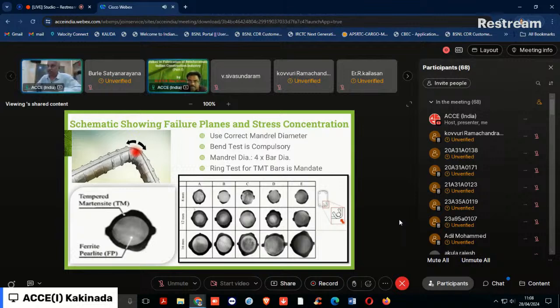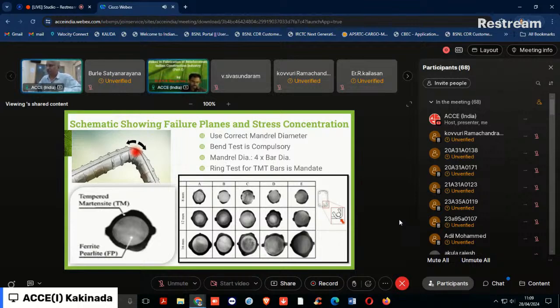In the case of 8 mm, 10 mm, and 12 mm bars, there is a possibility of non-uniform metallurgical formation of the pearlite, ferrite and martensite phases. This non-uniform formation of the martensite phase leads to cracking of the reinforcement at the bend. This is a very critical and important parameter that is to be looked into while detailing and while rebar